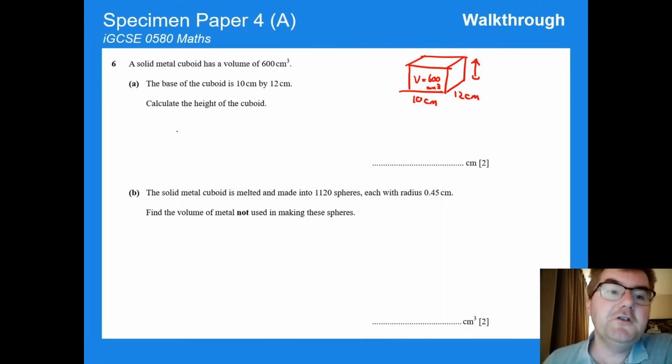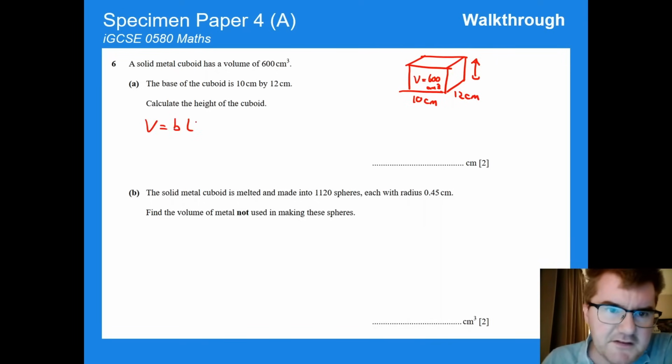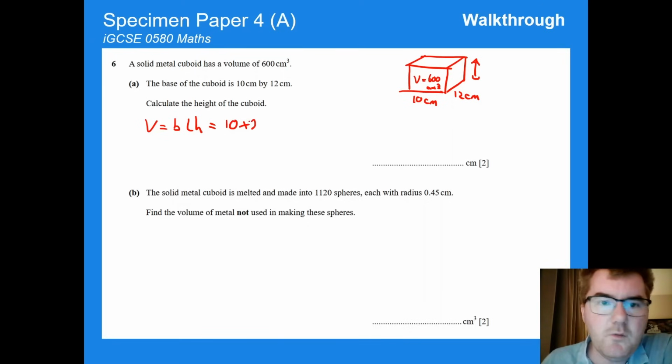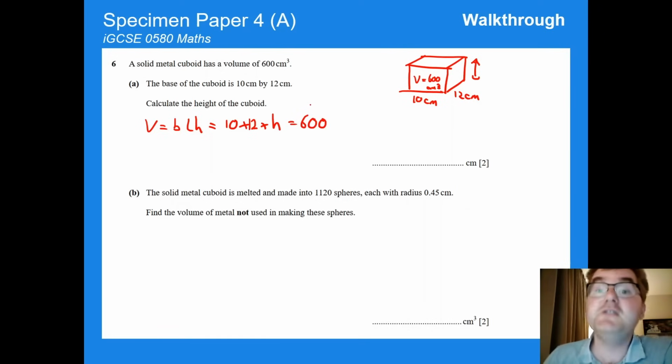So remember, the volume of a cuboid is base times length times height. So in this case, 10 times 12, there we are, times height. We know the volume is equal to 600. So it's just an equation to solve here. 10 times 12, that's equal to 120. And so